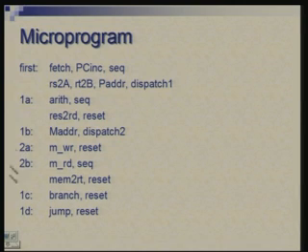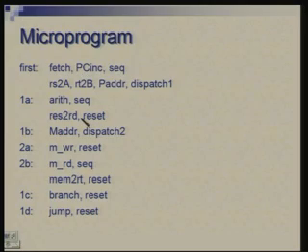So, there are labels I have put. When you do dispatch 1, you are branching to one of these labels beginning with 1A, 1B, 1C, 1D. There is a choice of these. In dispatch 2, there is a choice of 2A or 2B. So, this is a microprogram written in a symbolic form, and once we understand what each of these symbols is, a micro assembler can translate this into the contents which will go into the control store or the microprogram memory, right.